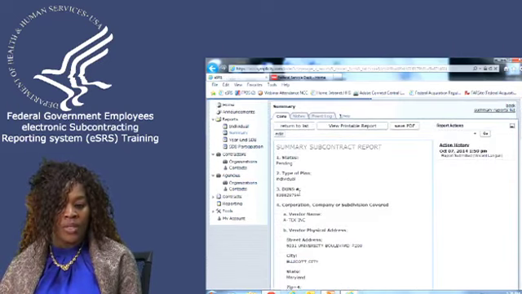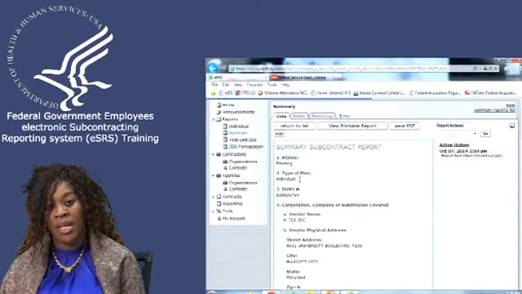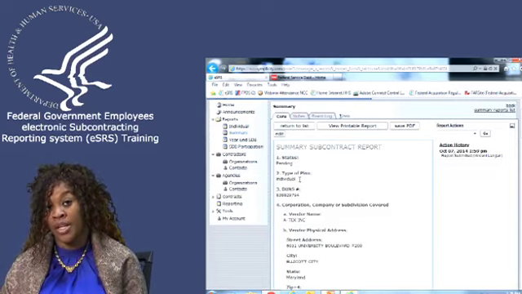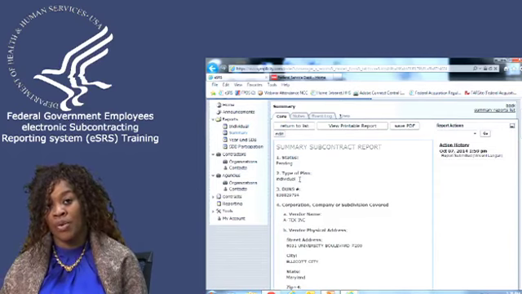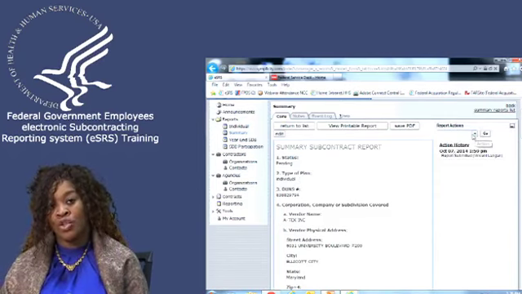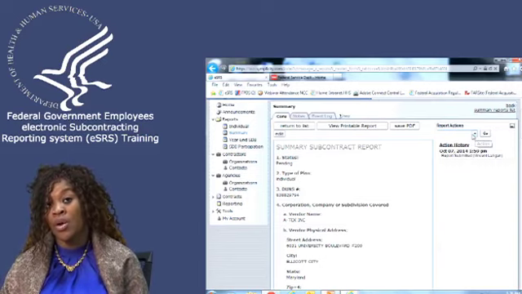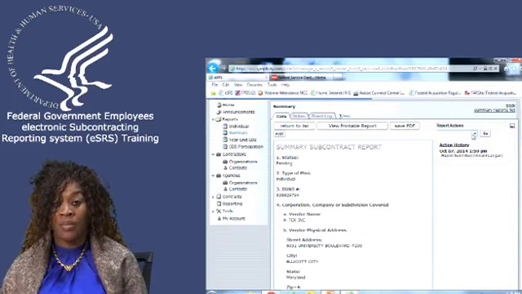So the first thing you would do is look at individual to make sure that it is an individual and that company has an individual subcontracting plan with your organization. If they do not have an individual subcontracting plan with your organization, immediately reject the report. Advise them that their organization does not have a contract with your organization, and they have reported their subcontracting accomplishments to the incorrect agency.